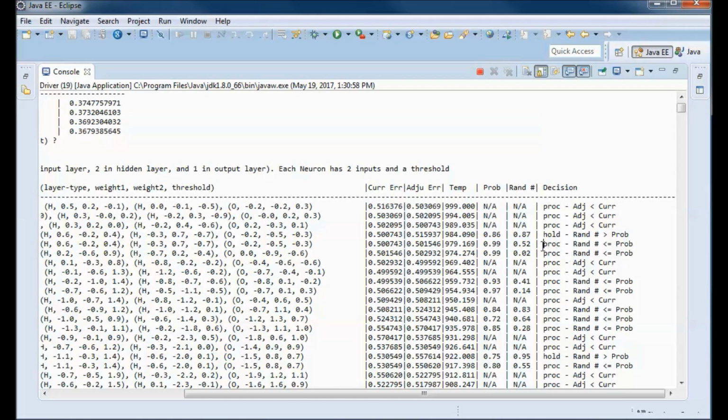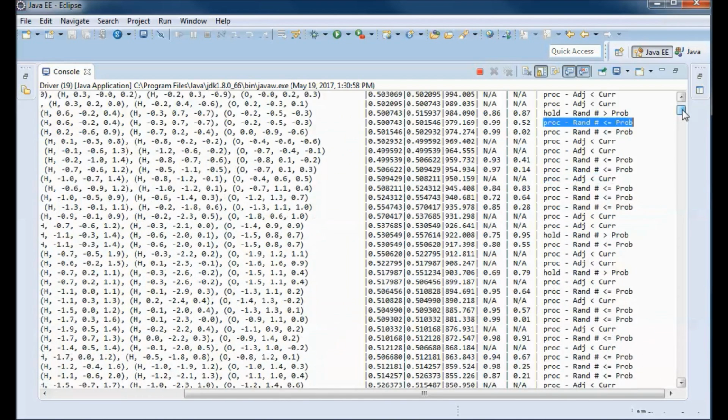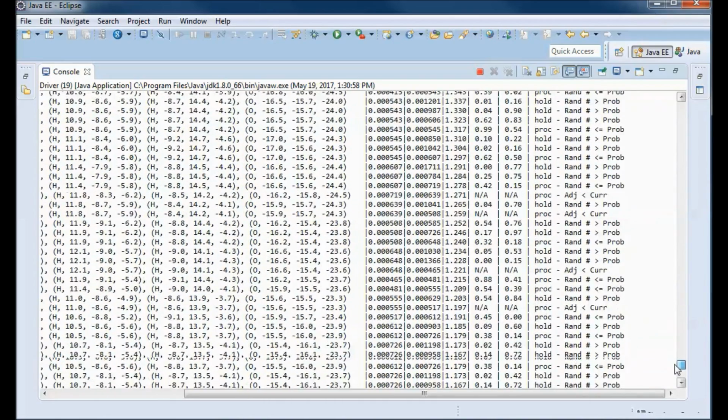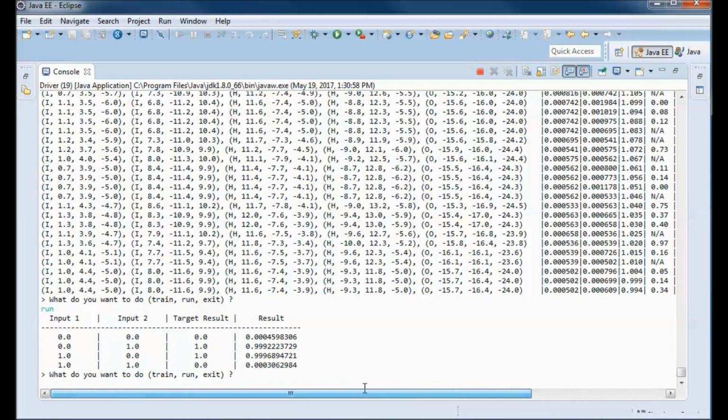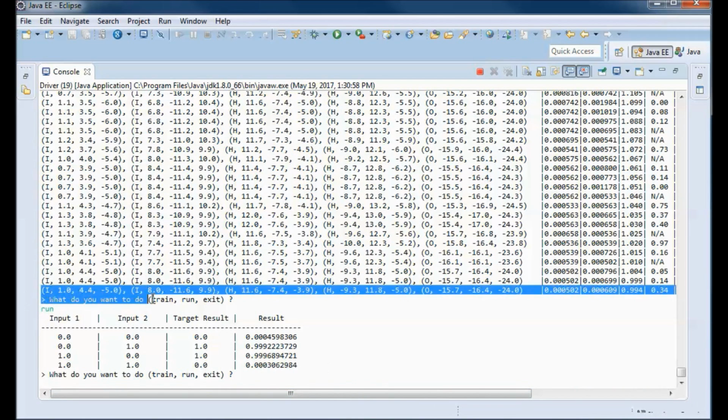So we go ahead and proceed, etc. until we get to those weights and threshold for the neural network.